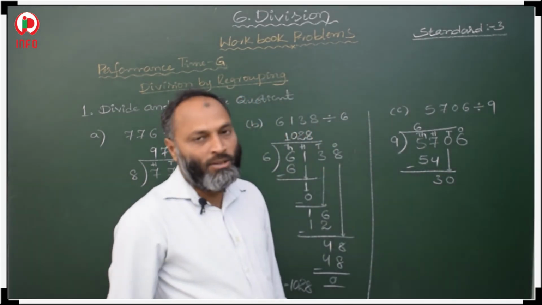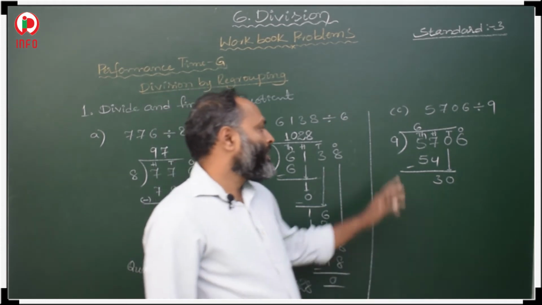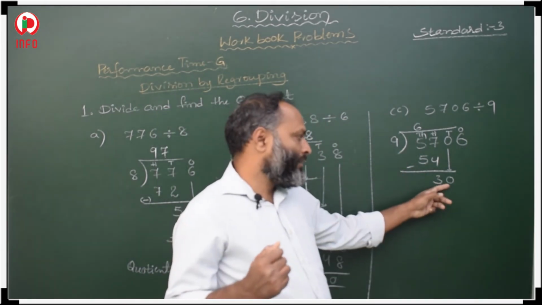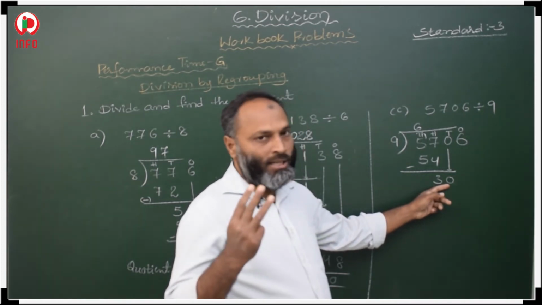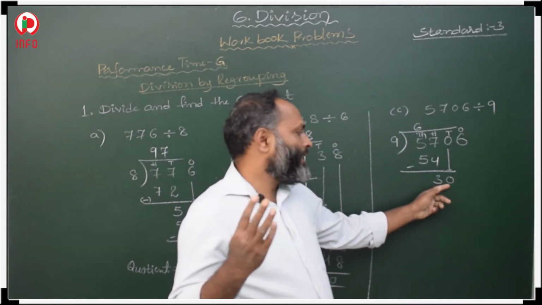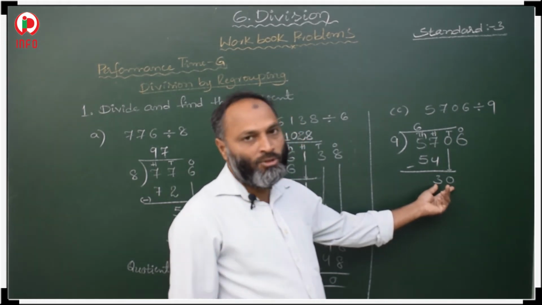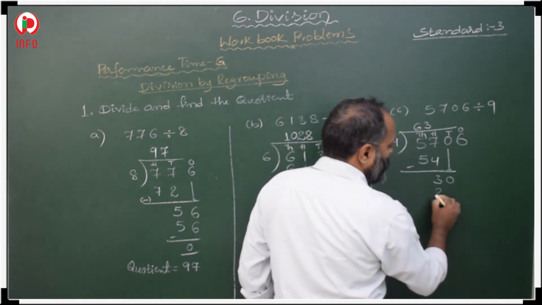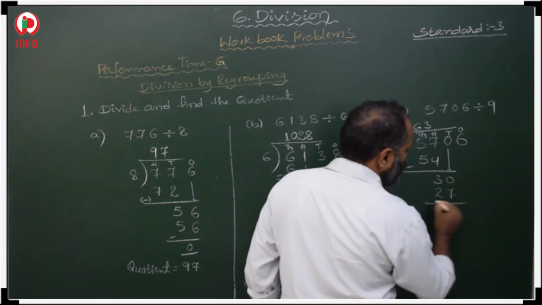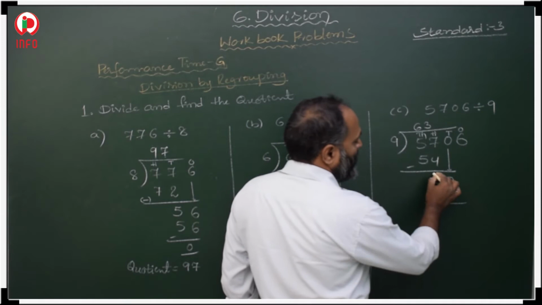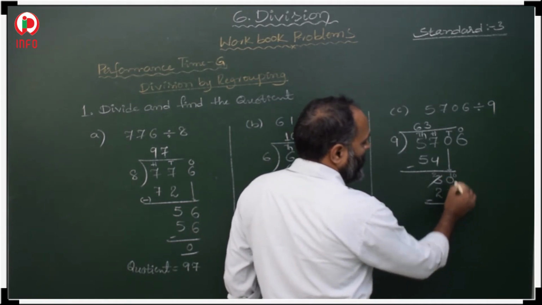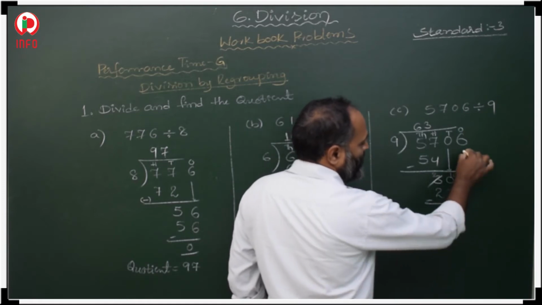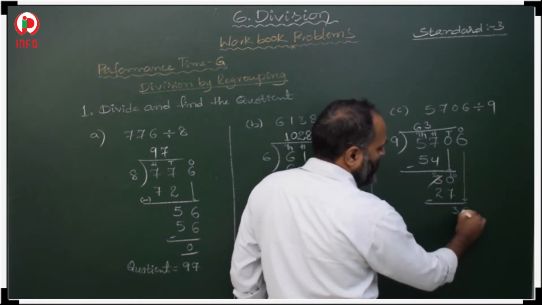3 hundreds and 0 tens, that is 30 tens. Then in the 9 table when you get 30, 9 1's are 9, 9 2's are 18, 9 3's are 27, 9 4's are 36, 36 is more than this, which means 9 3's are 27. Then minus, take borrow from here, here 2, here 10, 10 minus 7 is 3, 2 minus 2 is 0, then next we have to copy.